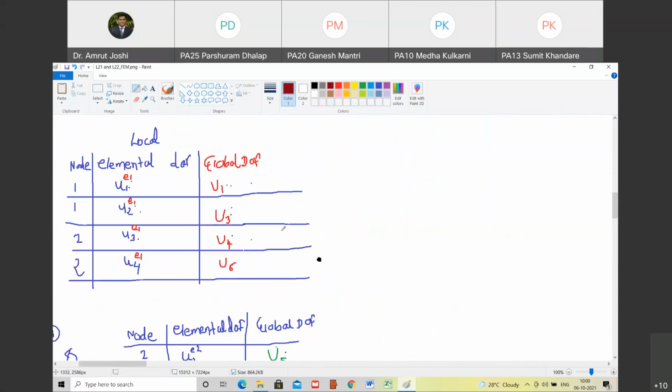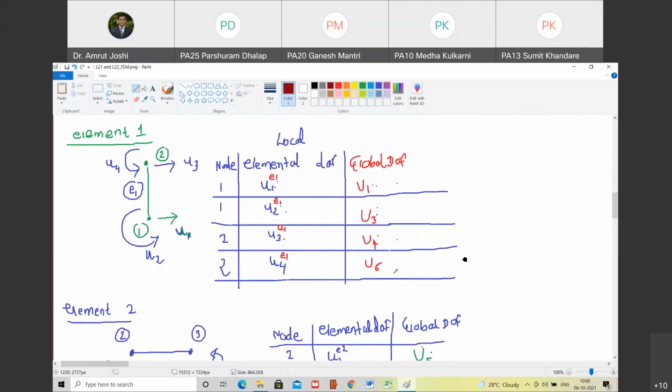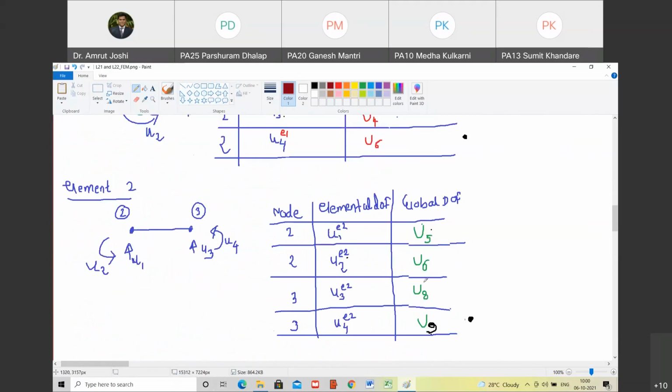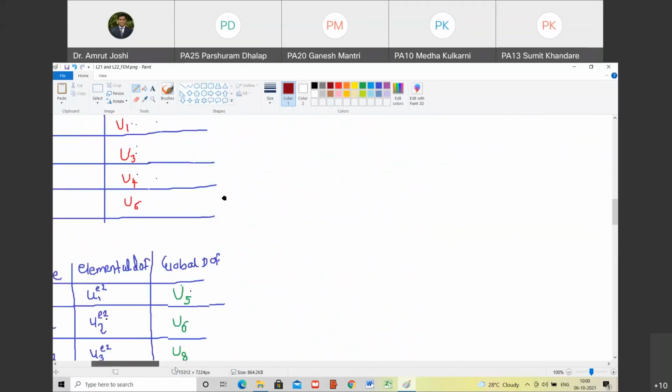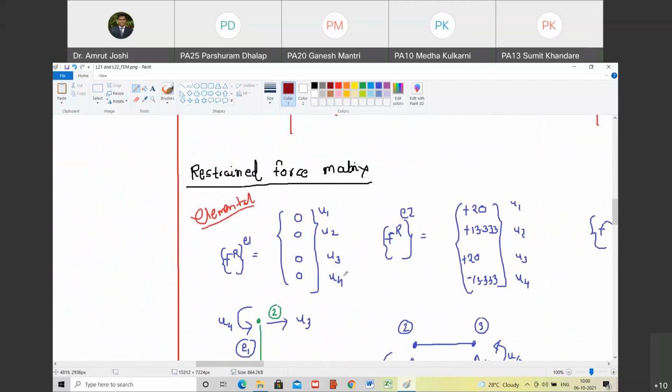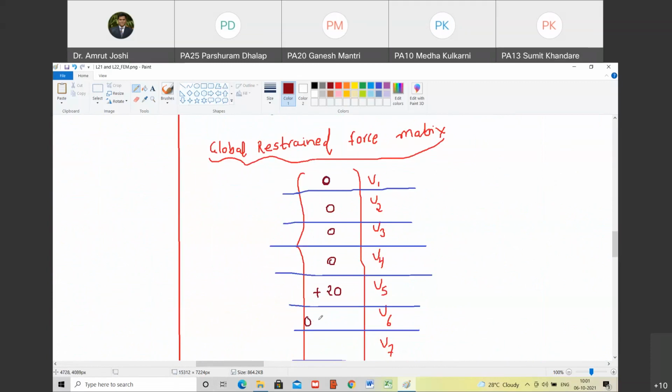Yes, sir. Okay. Now U6, part of which element? Second element. First element also. Are you with me? Yes, sir. U6 is a part of first element and second element. So first element's fourth degree of freedom and second element's second degree of freedom. So I am going to look at FR matrix of first element, its fourth degree and second degree of second element. So it is 0 plus 13.333. Are you with me? Yes, sir. I am intentionally writing that 0 because you have to understand its contribution comes from both the elements.